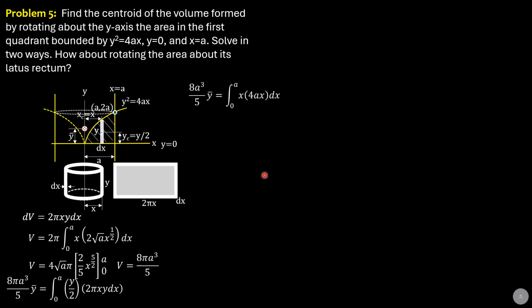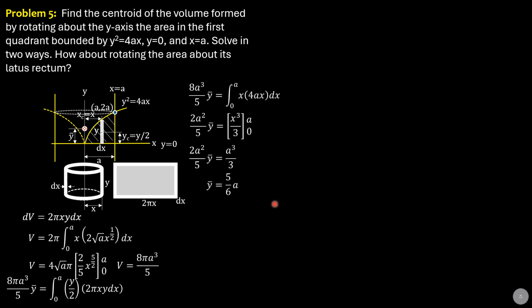So we can evaluate this easily, and the right side is simply equal to, after we cancel, 8a cubed divided by 4a is 2a squared over 5 barred y equals, the right side would be integral of x squared dx, which is x cubed over 3 from 0 to a. So 2a squared over 5 barred y equals x cubed over 3 from 0 to a. So this is a cubed over 3 times 5 thirds divided by 2. So barred y is 5/6 of a.